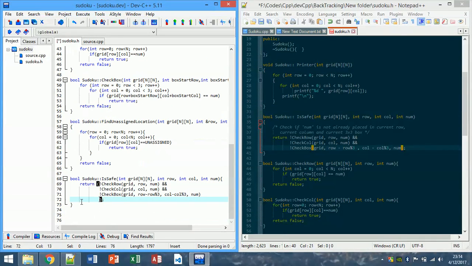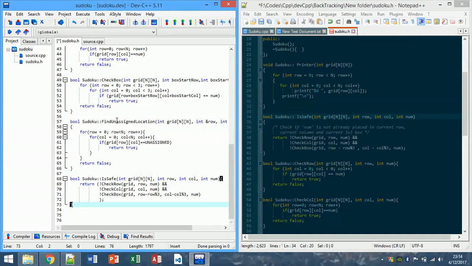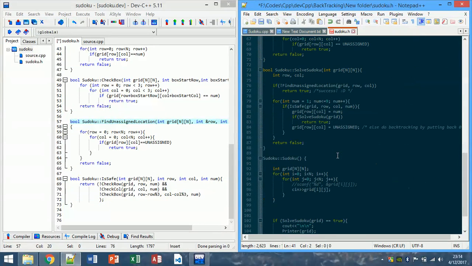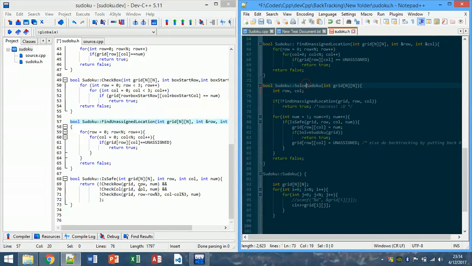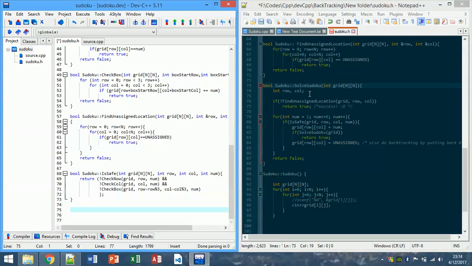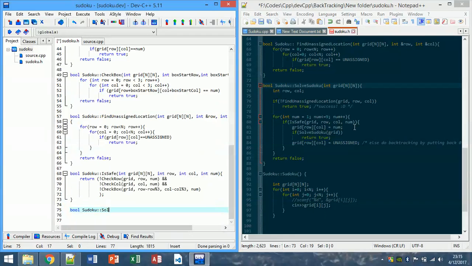Okay, so now that we have written the isSafe, we can go and write down the solveSudoku function. Okay, this is the most important method in our code. So here we go. Sudoku solveSudoku